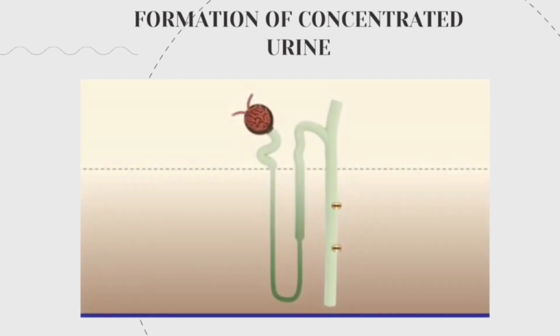If water conservation is required, ADH stimulates the water channels in the collecting duct, allowing water to diffuse out and the urine to become concentrated. If ADH is not secreted, the duct remains impermeable to water and the urine stays dilute. Urine concentration can be as high as 1,200 milliosmoles per liter with ADH or as low as 65 milliosmoles per